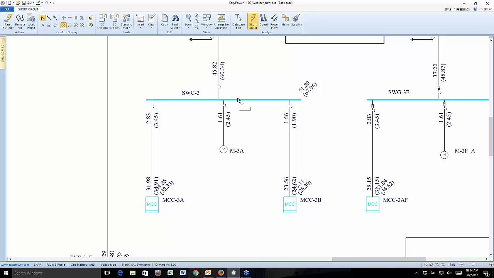So the higher the X over R ratio, the greater this asymmetrical current will be. This has an impact on our circuit breaker short circuit ratings, also perhaps on our settings of our instantaneous trips and those sorts of things that would respond to this asymmetrical current. So what the program does is calculate the symmetrical current, and then based on the X over R ratio, it calculates the maximum